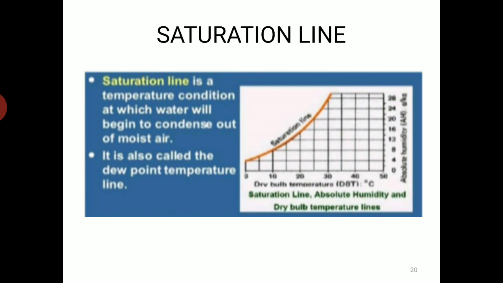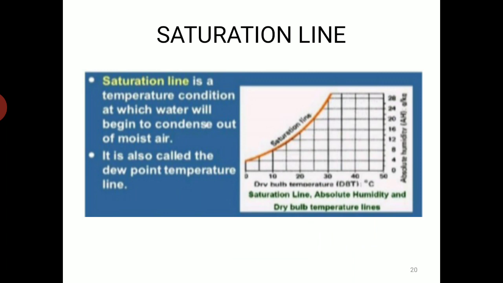Now if I want the wet bulb temperature value, suppose for example the dry bulb temperature is given as 20 and the specific humidity is given as around 12. Corresponding to 20 and 12, where these two lines meet on the saturation curve, that value will be the wet bulb temperature. While solving problems, I'll try to explain in detail.